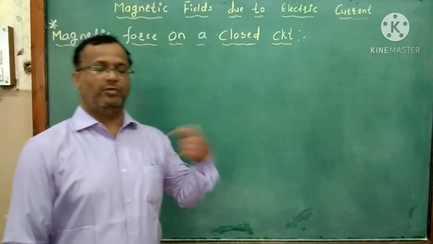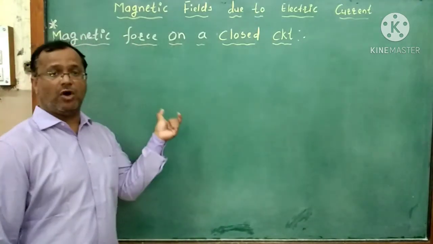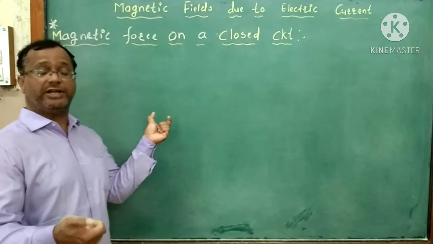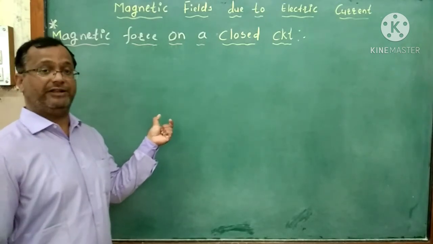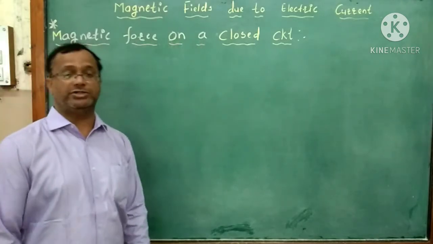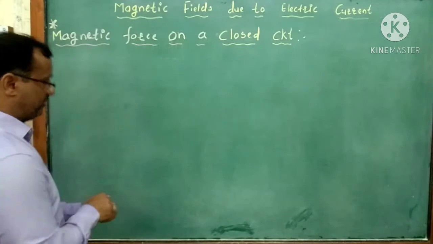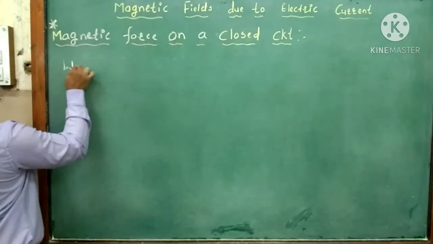Now, we want to find out the third part, that is, force on a closed circuit inside the magnetic field, or magnetic force on a closed circuit. But we know the last equation. Which one? We know that